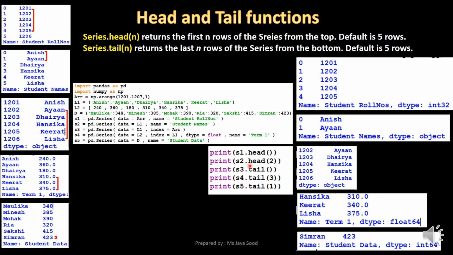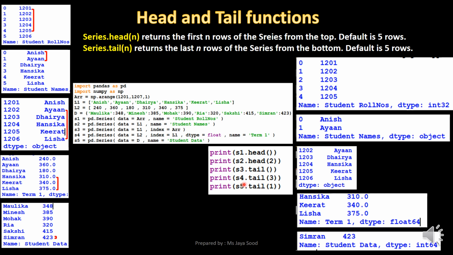Print S2.head(2) will return the topmost 2 rows from the series S2 as shown here. Print S3.tail will by default return the 5 rows from the bottom of the series S3 as shown here.